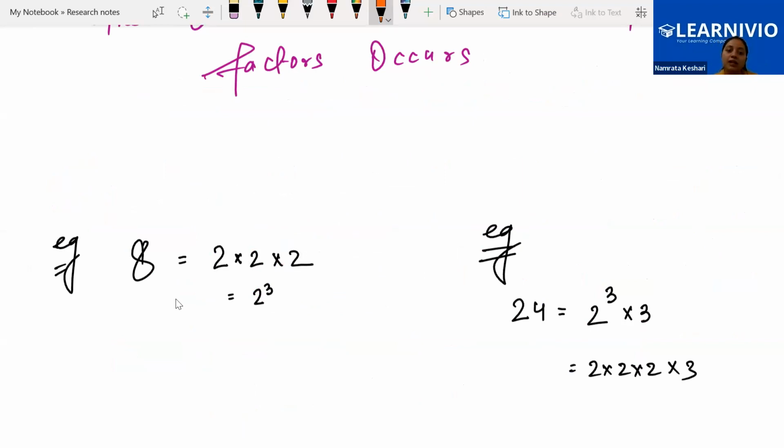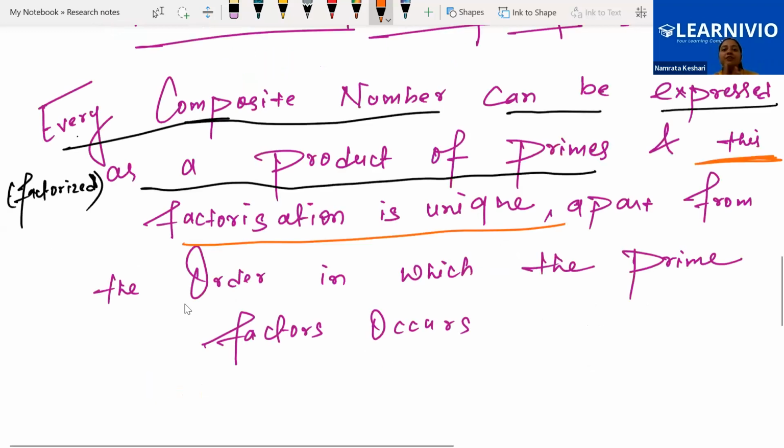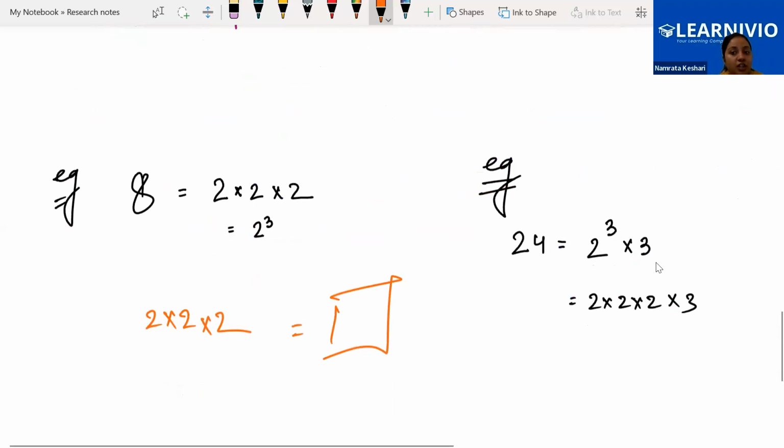Can we say that we will multiply 2 into 2 into 2 and it will generate any other number that is not 8? No, that can't happen. Only 8 can be represented as 2 into 2 into 2. If I'm not making sense, let's read the whole thing together. Every composite number can be expressed as a product of primes, and this factorization is unique. It is only applicable for the number which you have written. If we are getting 2 to the power 3 into 3 for 24, no other number will give